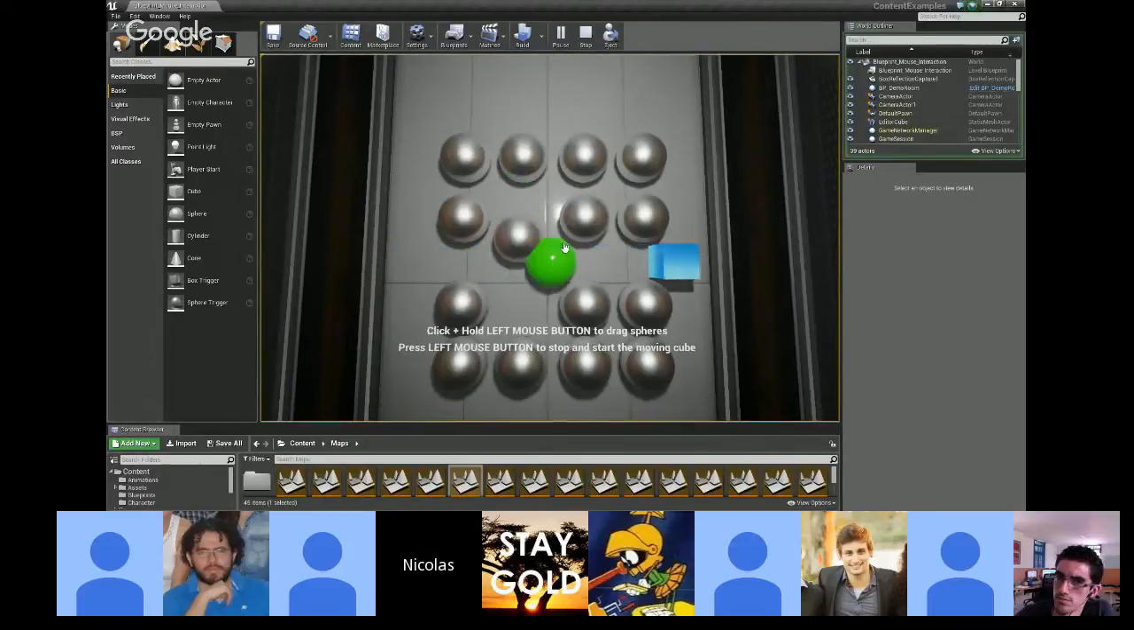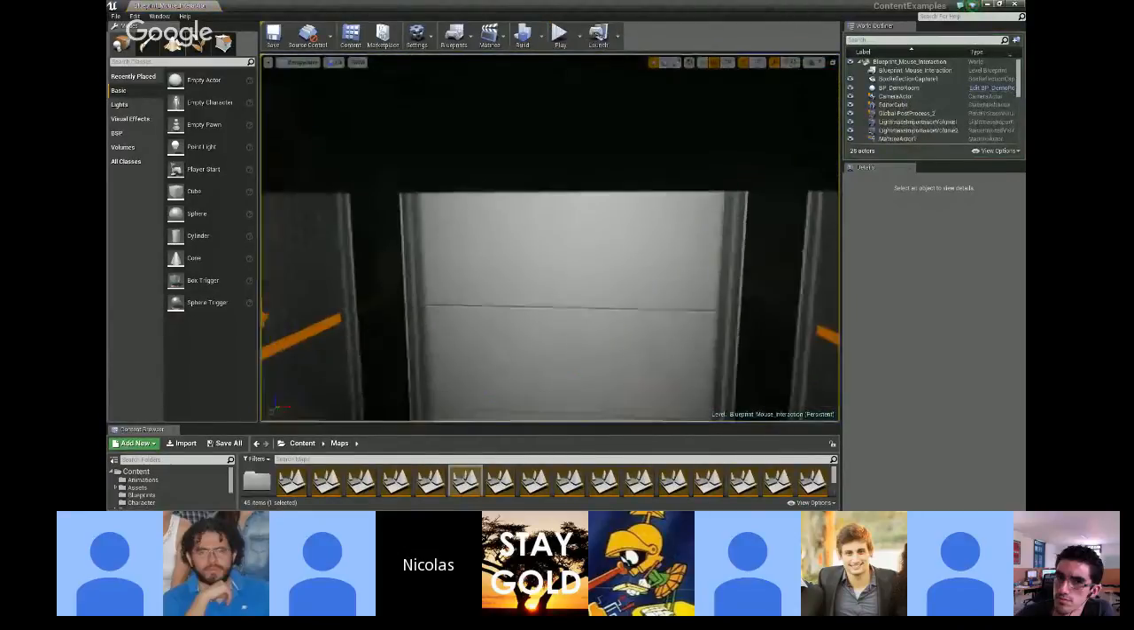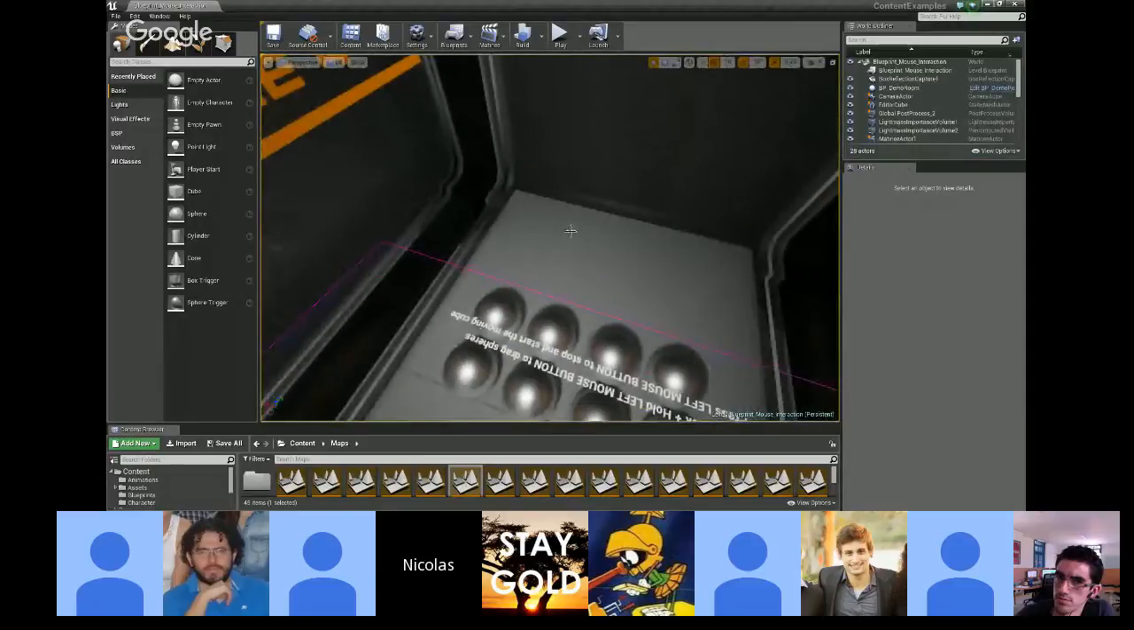move stuff around. I don't know what this does, but left mouse to drag sphere, left mouse to stop and start moving the cube. So yeah, as you can see, there are a lot of things here that are open and free, and you can take examples. If I go to the code of this level, so let's see,